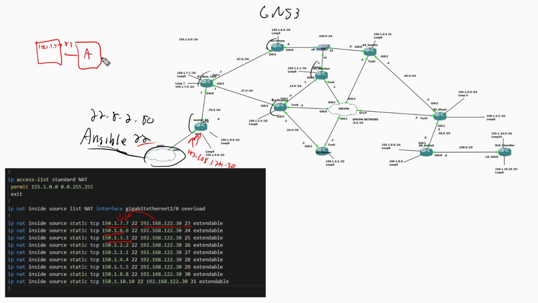So when my Ansible server tried to push a config to that IP address, 150.1.7.7, it was still using SSH, but I changed the port number to 23. And when R9, or excuse me,